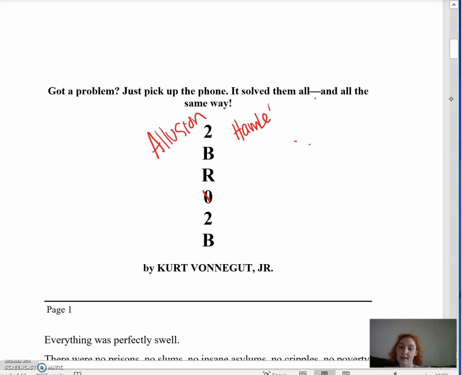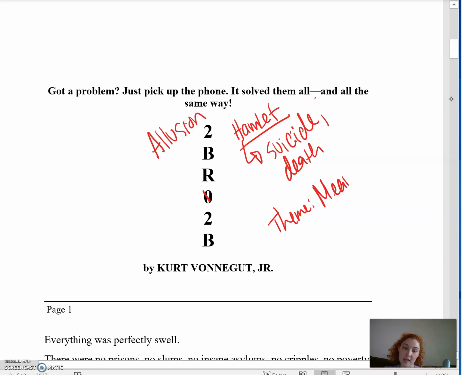And in this play, the main character Hamlet has a monologue where he says, to be or not to be, that is the question. And he is wondering if his life has any purpose and if he should accept his death or go and kill himself. So there are themes about suicide and death, and also perhaps even the hinting of a theme about what the meaning or purpose of life is.